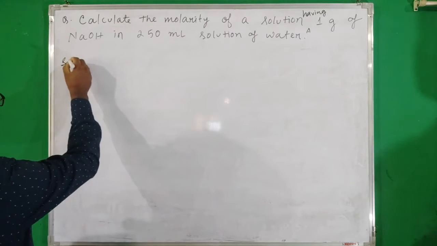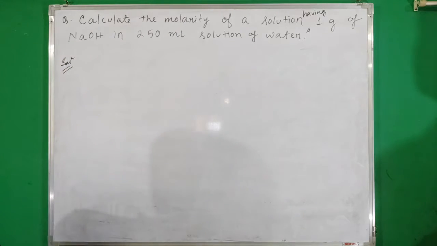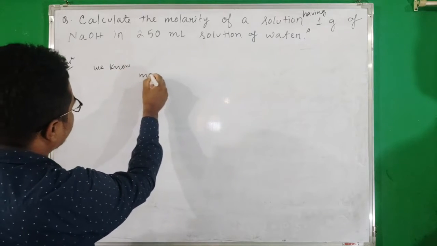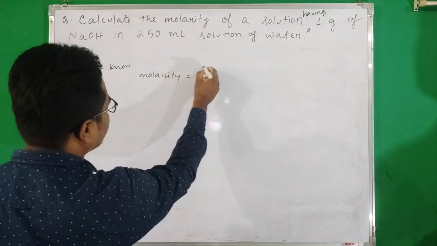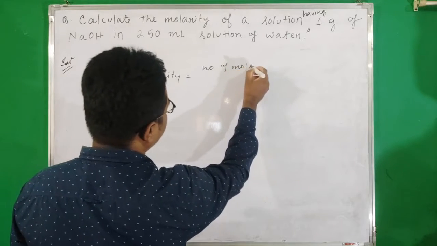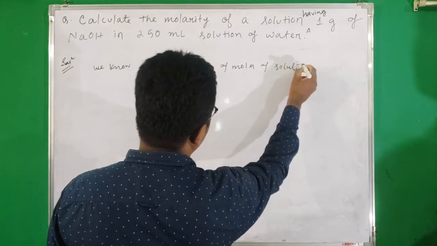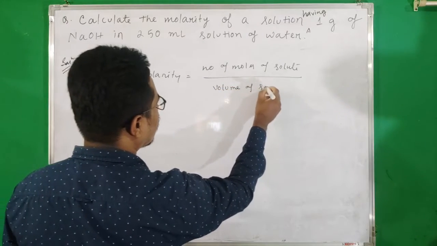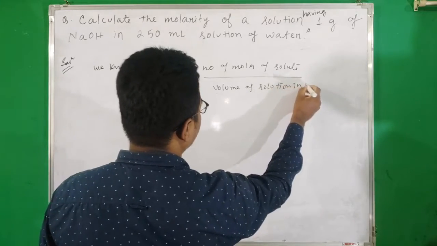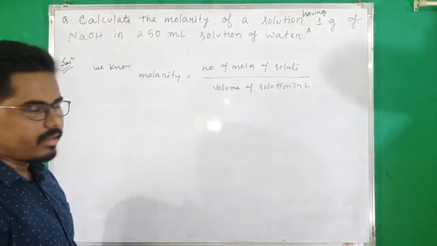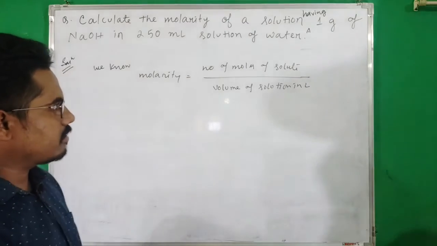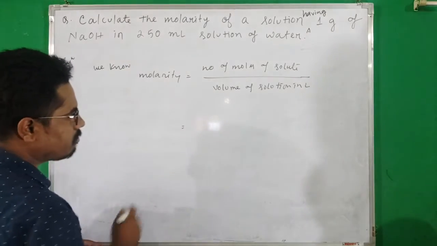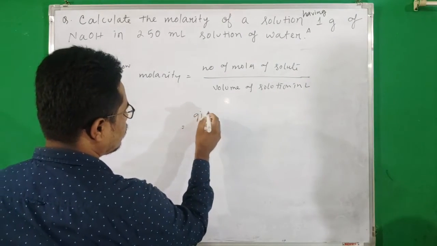In this problem we have to calculate the molarity of a solution, and we already know molarity equals number of moles of solute divided by volume of solution in liter. Here the number of moles is not directly given, so to determine the number of moles we need